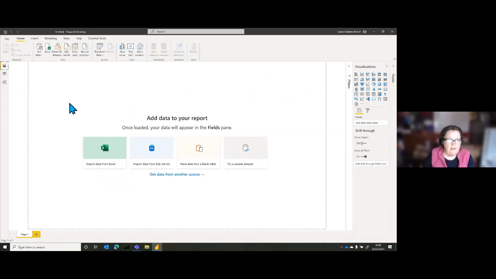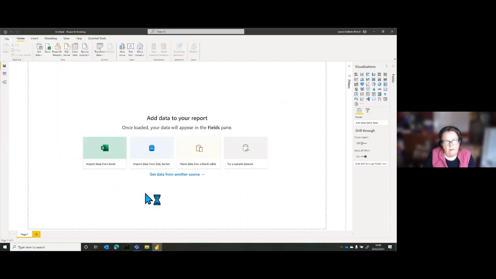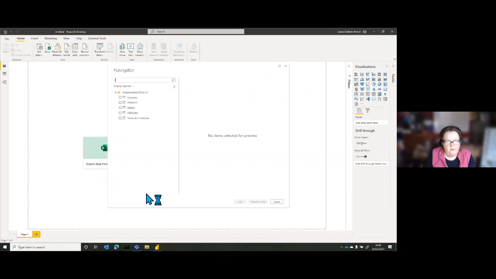Because I've downloaded the Excel file, it's a local Excel file, I'm going to go to Excel up here. And you can tell I've already been there and checked where it is. So there's my file, and that's literally just a download. I've not done anything to it. And click open. If your file is stored on OneDrive or is on SharePoint, please do look at the ways of being able to connect up to those files. It's slightly different if you want refresh to work and things.